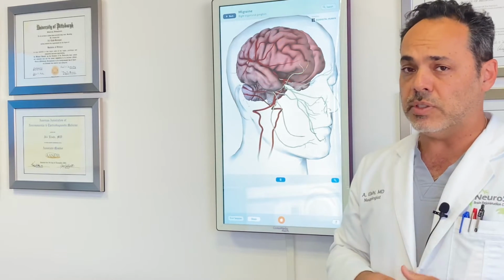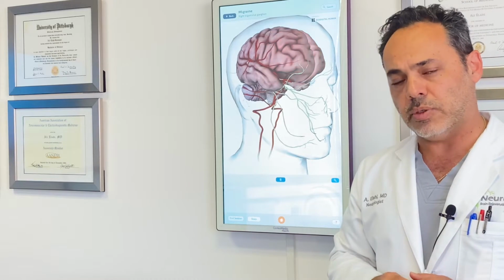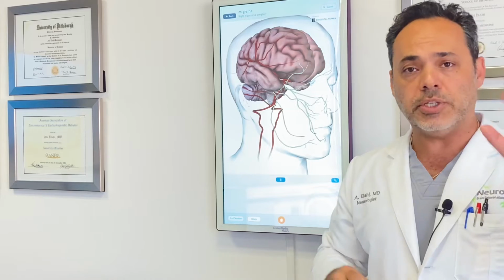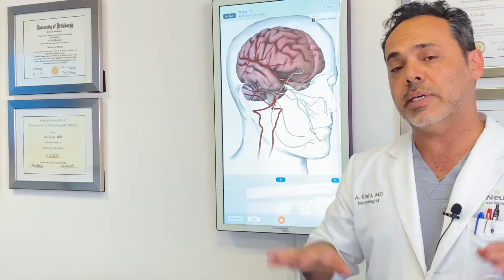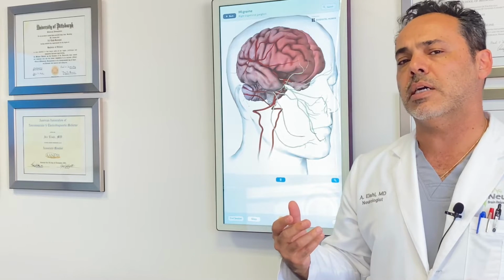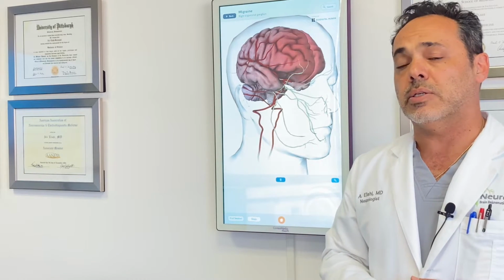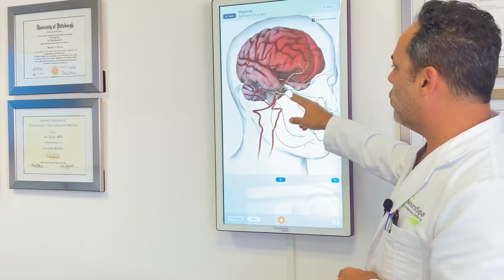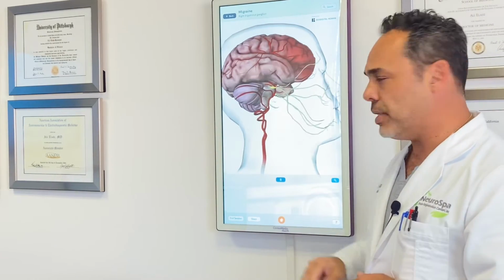And a lot of patients experience focal neurological deficits, meaning they actually have visual loss, visual obscurations. They can't see very well, they can't speak very well. Even there are types of migraines that cause paralysis. And migraines are not just a headache. They involve actual electrical and chemical changes occurring in the brain.